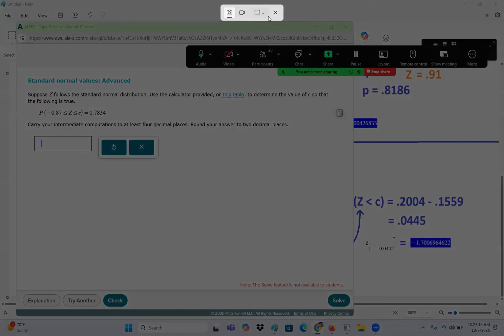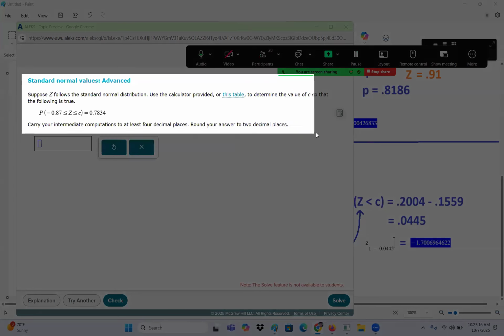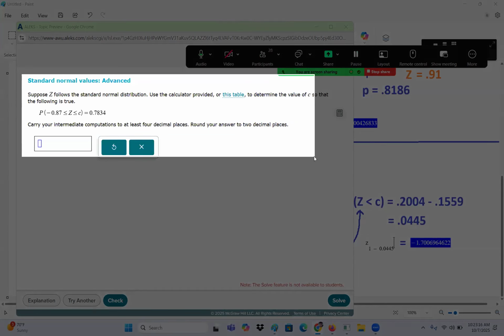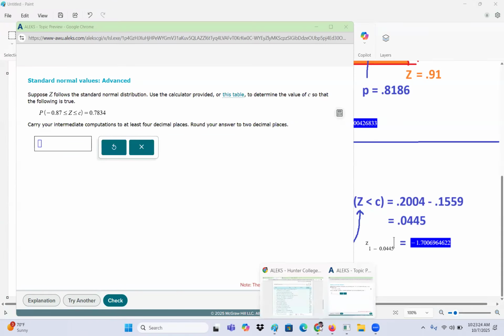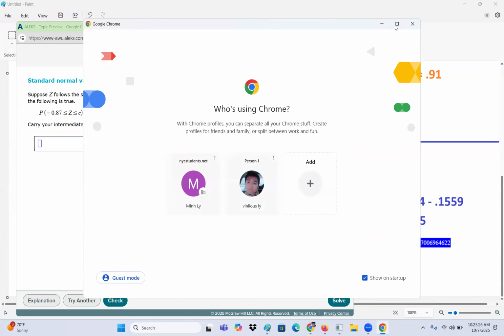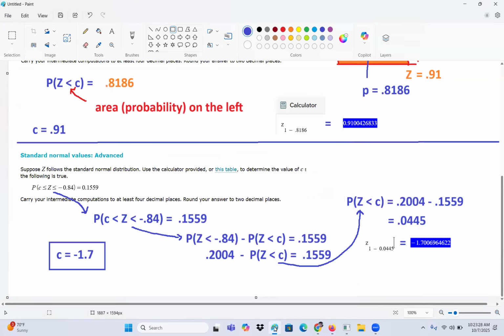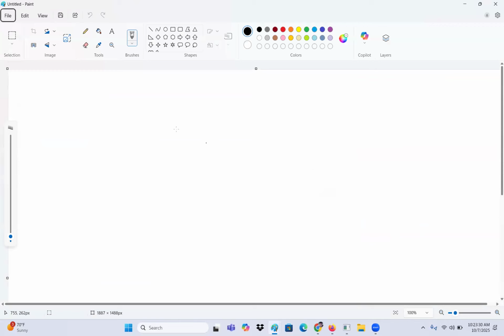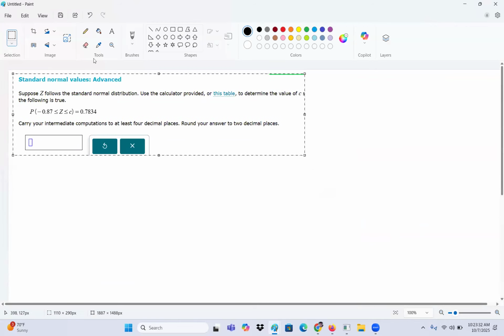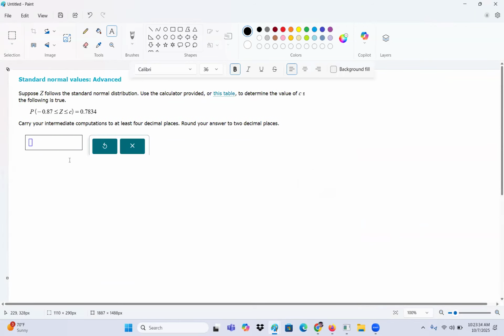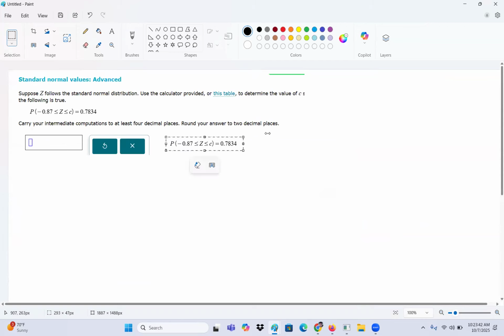This one might be on the exam. I haven't checked the exam question yet, but it's very similar to what we did over here. All we have to do is make sure that we have two scenarios. You're going to have two possible values for that part, in terms of the bigger minus the smaller, so you can rewrite this as